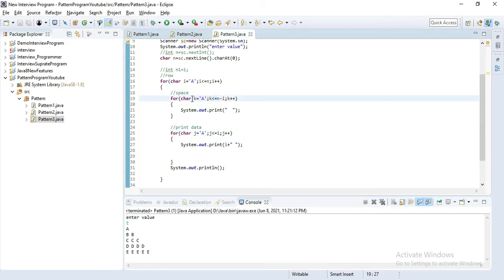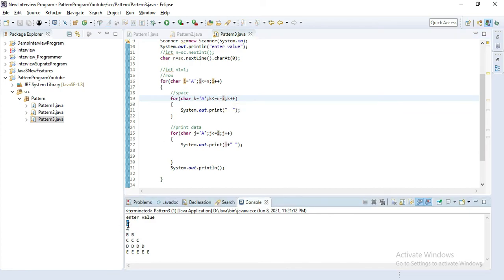The character starts from k and ends at e, but internally it works with ASCII values. It's not calculating directly with k, and that's why it's not working. So we have to subtract 1 from e. Here we pass e, and we have to subtract 1 from that ASCII value.